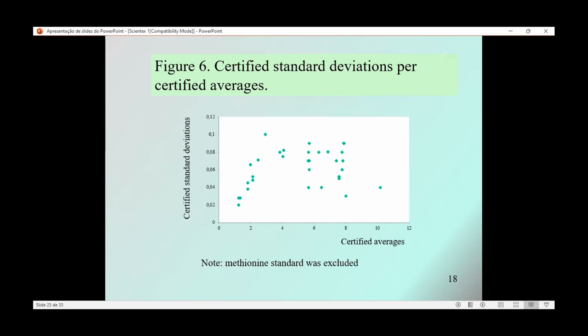By excluding methionine, which was an outlier from the others, and using the estimated certified standard deviation of the total amino acid PT schemes, which are uncertainty estimates against their certified means, we have the following plot. This plot is somewhat like that we saw earlier for ashes, and it looks a bit like those obtained for crude fiber and sodium percent plots.